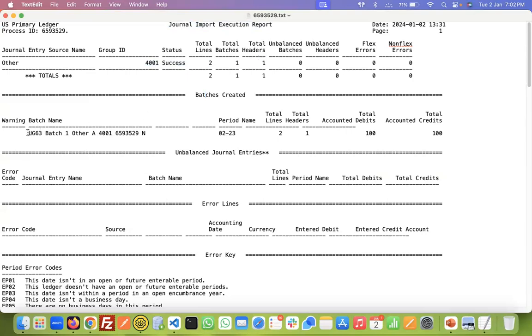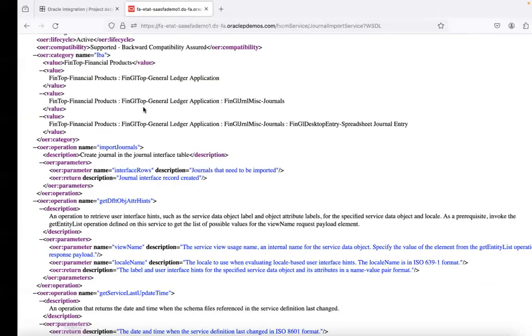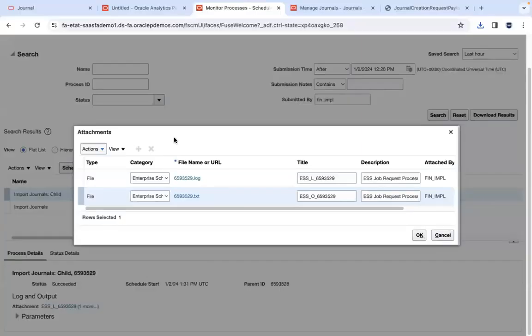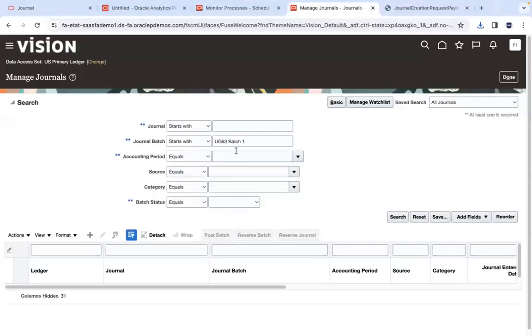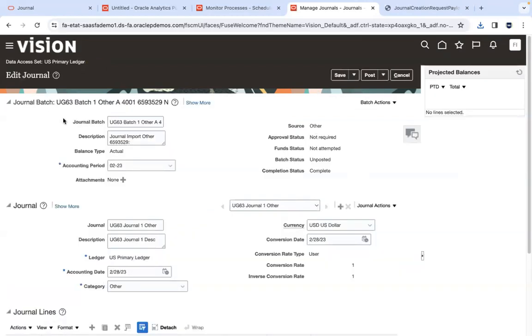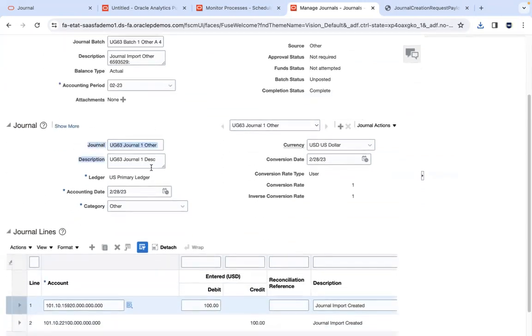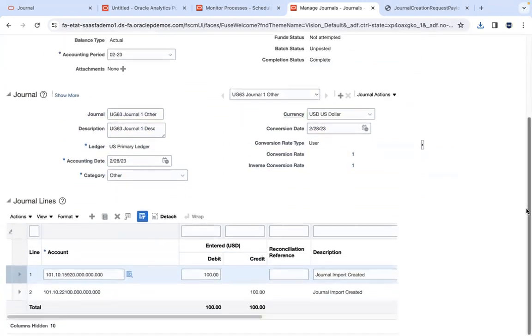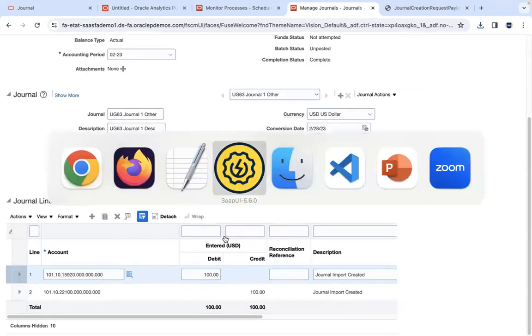And under batches created, you clearly see a batch name. So can I go ahead and search for this batch name now, guys? I should be able to, right? And when you search for a batch name, don't use accounting period, because you're searching with the exact batch name. So you don't need a period. You can open this up. Now, when you open a journal batch, you see the journal batch in the header at the top, and you see a journal, and you also see 2 lines created,